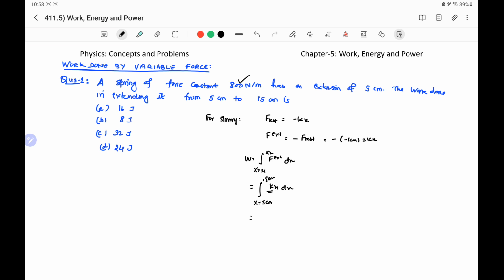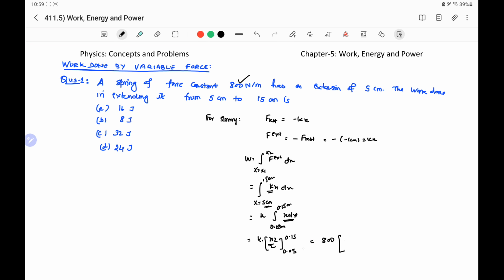Therefore, k is constant, it will be taken out of the integral. So we have to write k into the integral of x dx, and because we have to use the SI system, we convert centimeter into meter. It will be 0.05 meter and 0.15 meter, and the integral of x dx will be x square by 2, with limits 0.05 and 0.15. Now we substitute the values of k and x. This will be equal to k, which is 800 Newton per meter,